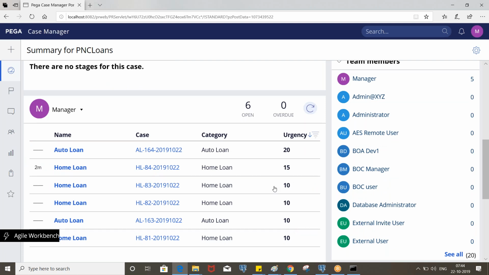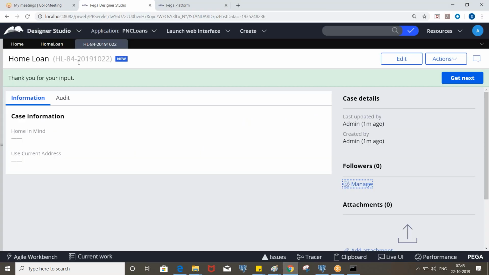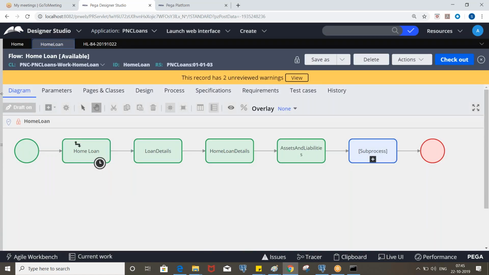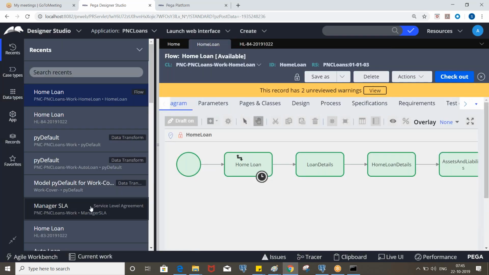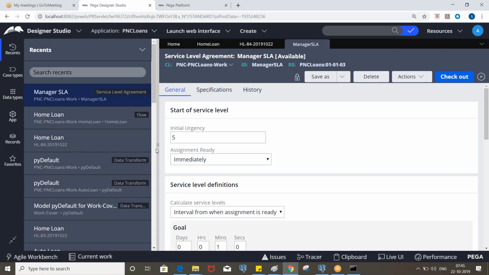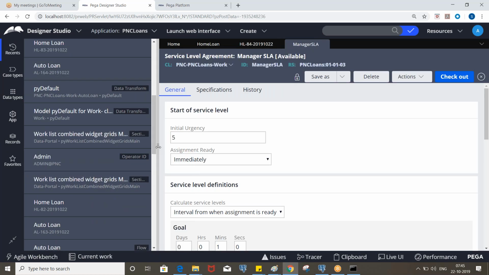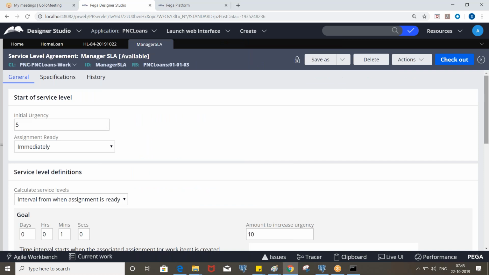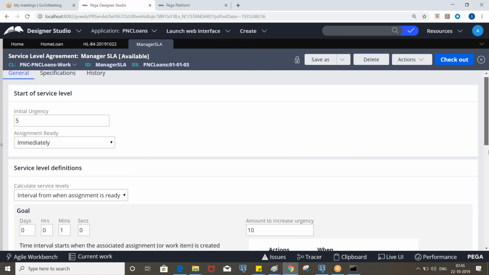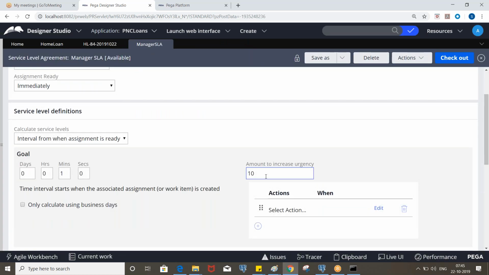So after 1 minute, it will be 25. So we need to check that. It's based on the urgency we defined here. So if you are not performing that assignment, it will be changed to 25.